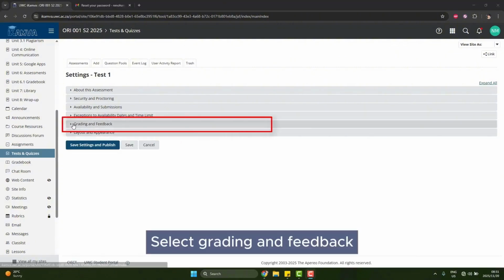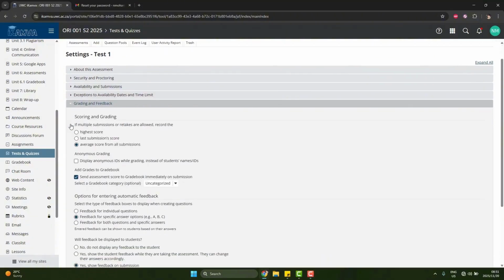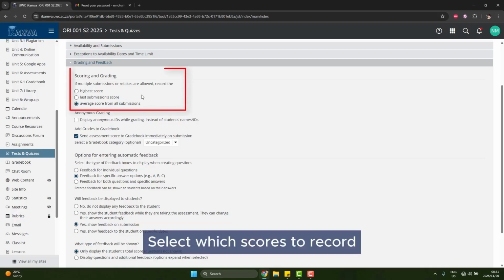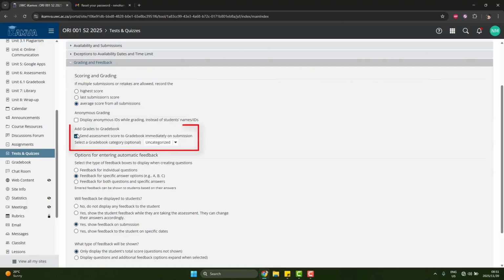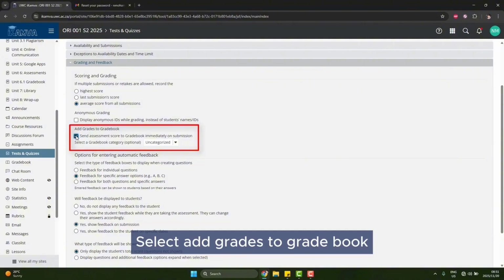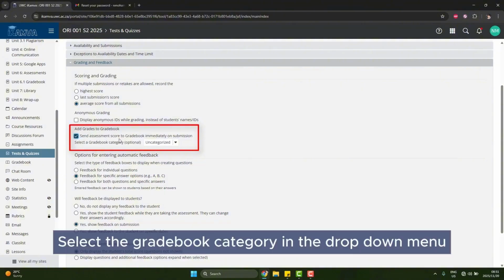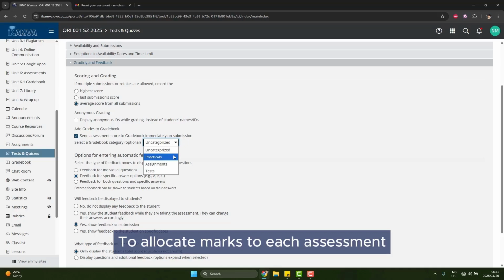Select Grading and Feedback. Select which scores to record. Select Add Grades to Gradebook. Select the Gradebook category in the drop-down menu. To allocate marks to each assessment,